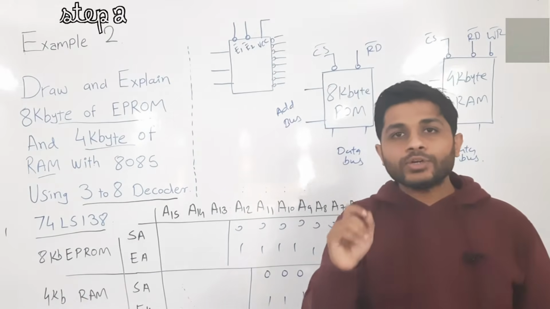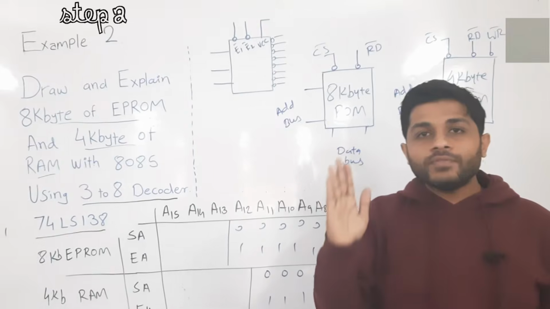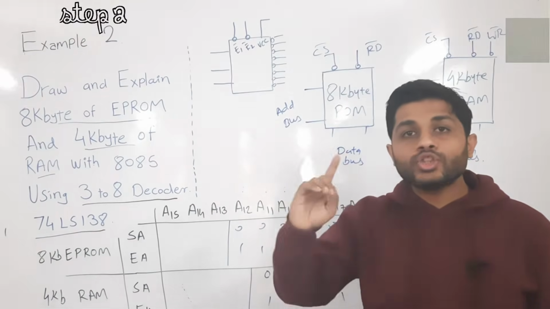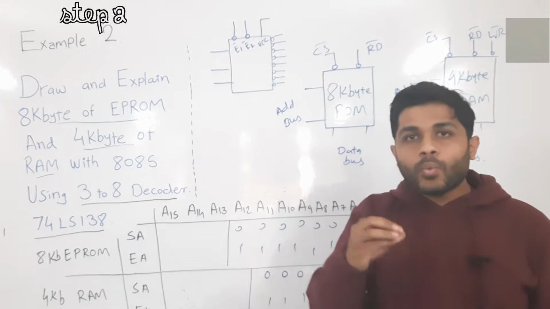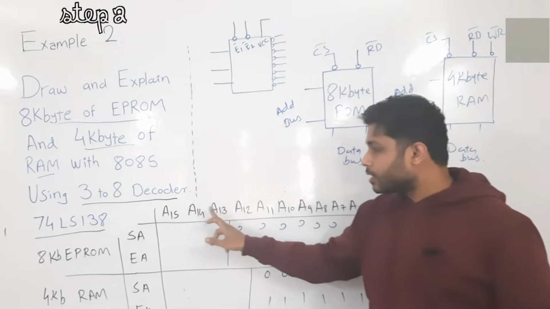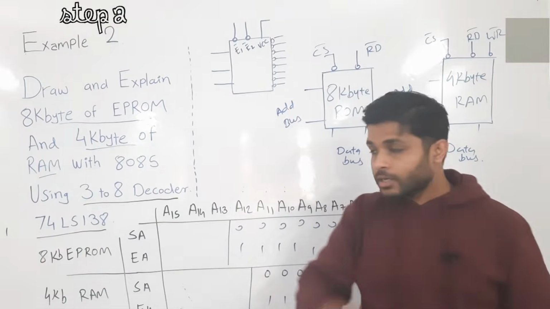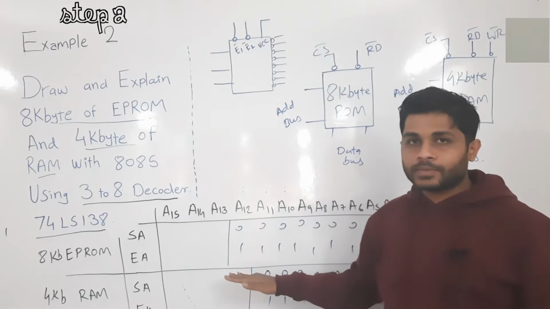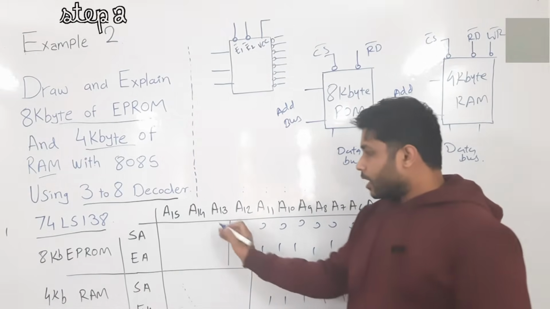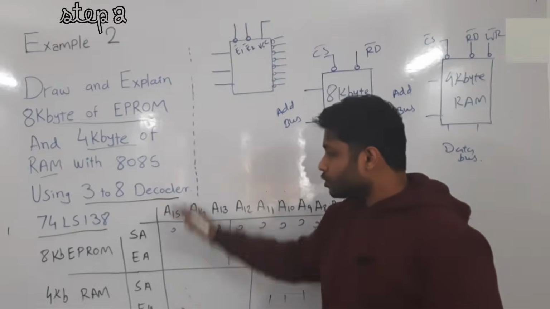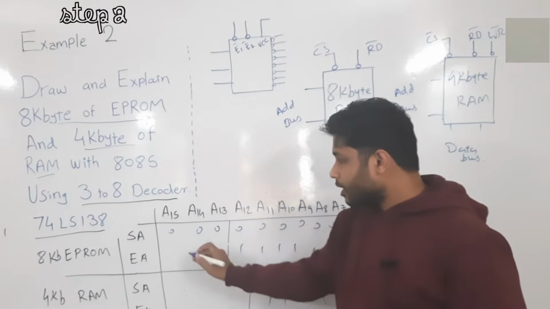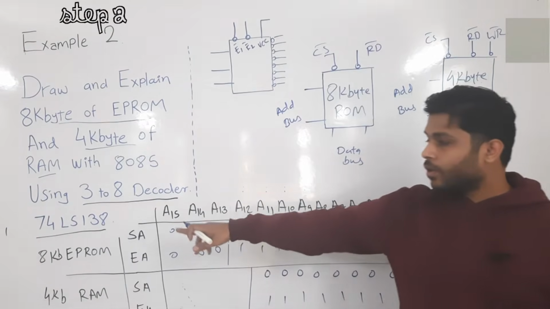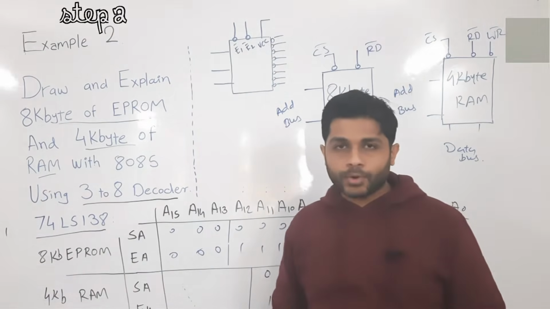One more thing that you need to understand is that the value of the remaining address lines will remain constant throughout one chip. What I am trying to say is, the values of A13, A14 and A15 will remain constant from the starting address to the ending address. So if I am setting A13, A14 and A15 to 0 0 0, then throughout the range, up to the last address, the values of A13, A14 and A15 will be 0 for one memory, which is the 8K EPROM.